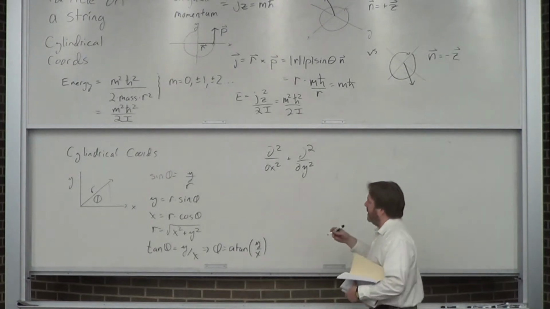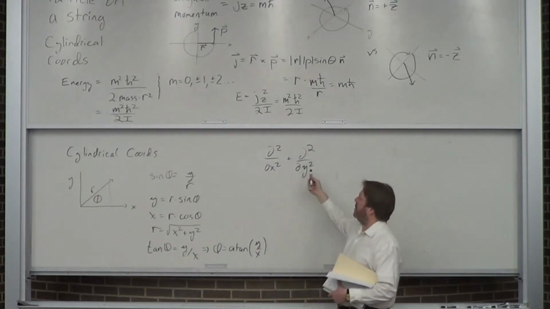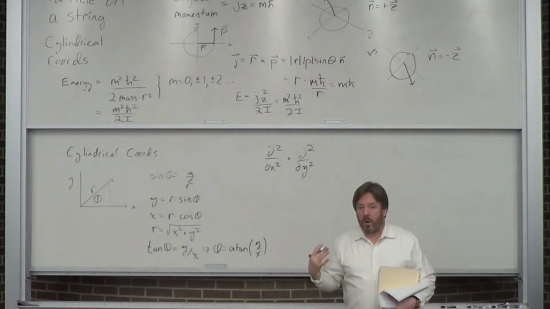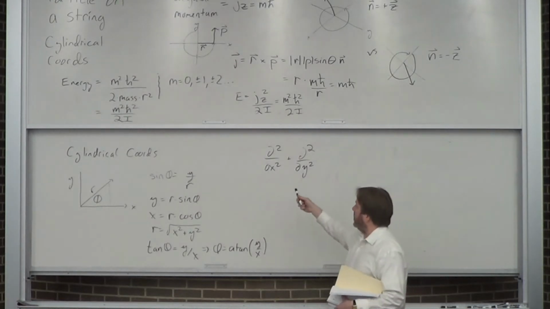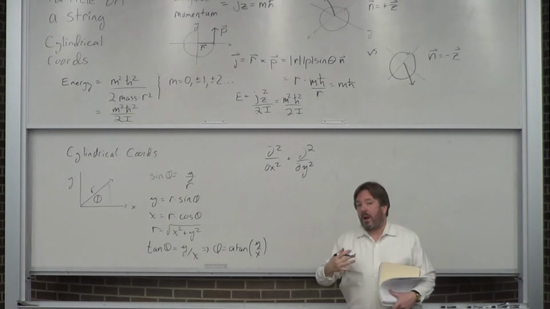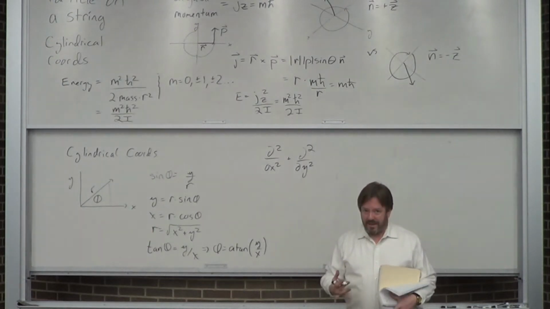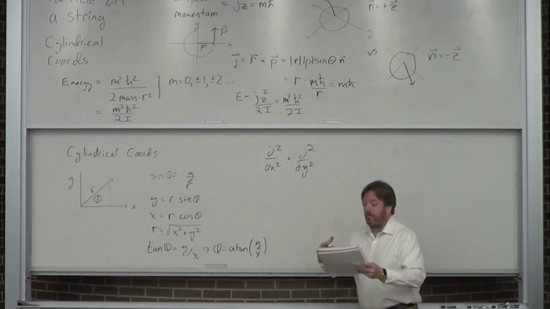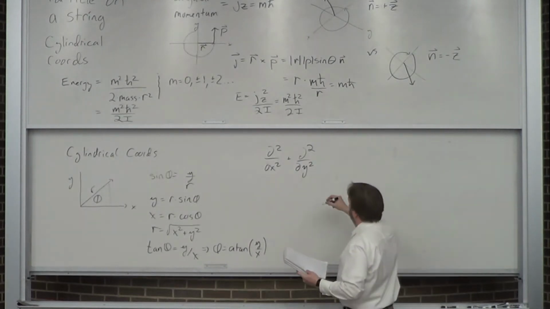Now, hopefully you've figured out enough that you can't just say double derivative of r plus double derivative of phi. That would be really nice, but it's going to be more complicated than that. Actually, in this case, it'll end up being pretty simple for a 2-dimensional particle in a ring to convert this to r and phi. But when we go to spherical in the next lecture or the lecture after, it will not be easy. All right, so just heads up on that. It's funny how these things blow up. Okay, now what do I want to do? Let's do one of these terms,